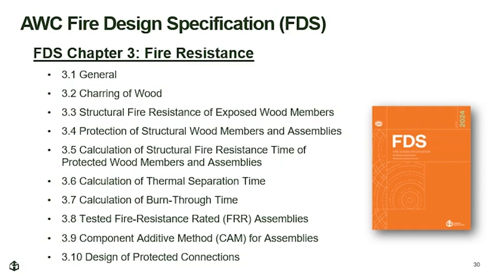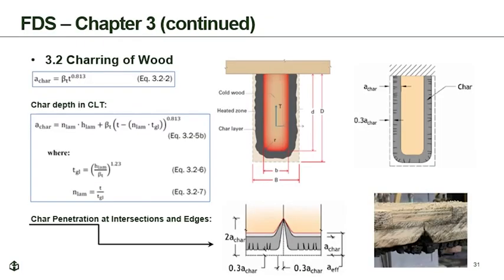Some of the guidance provided in the FDS that is not included in NDS Chapter 16 include the following. In Section 3.2 of the FDS, there are calculation procedures provided for determining the char rate and char depth of exposed wood members. These provisions are consistent with NDS Chapter 16 provisions, but the FDS goes further. For example, the FDS implements new procedures to account for char penetration at intersections and abutting edges